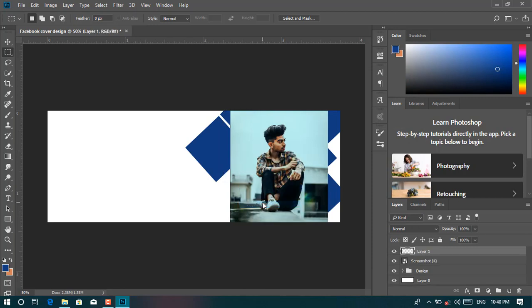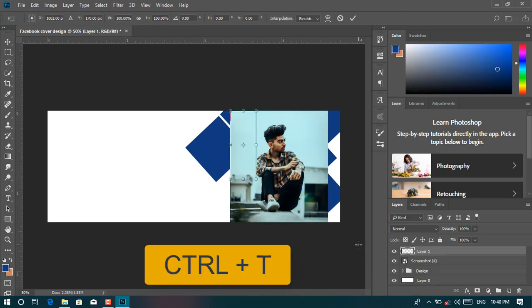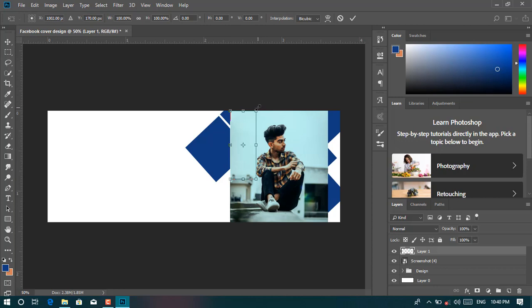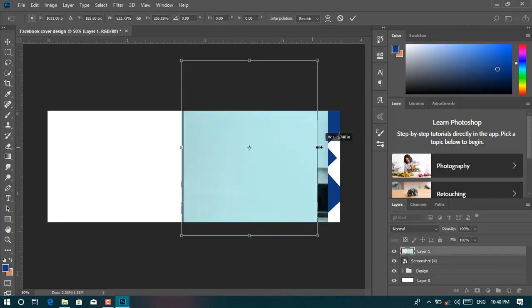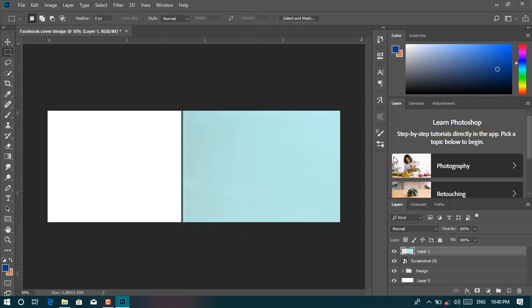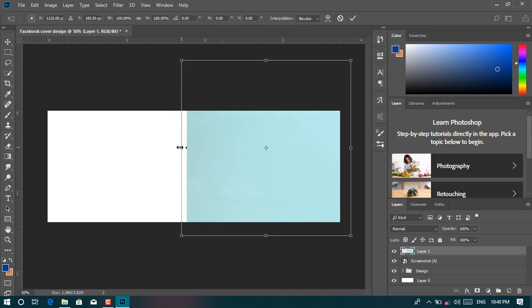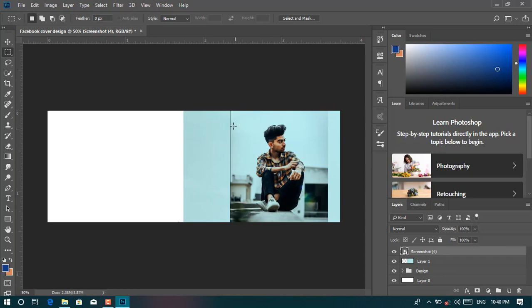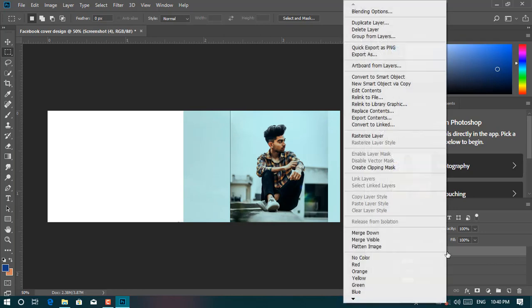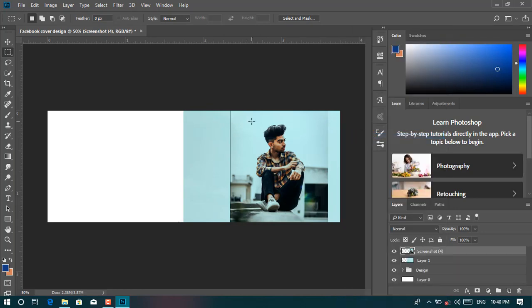Layer, copy. Then Ctrl+T and make this one bigger to cover all of the place. Yeah. Then take this layer down under the first one, and then click on the first layer, then right click, Resize Layer,